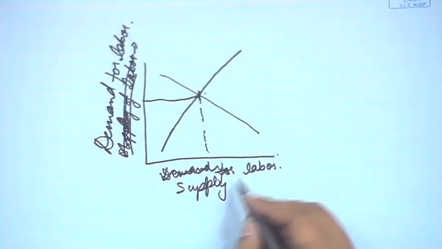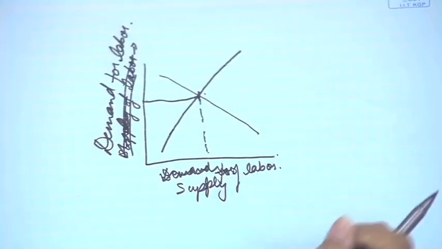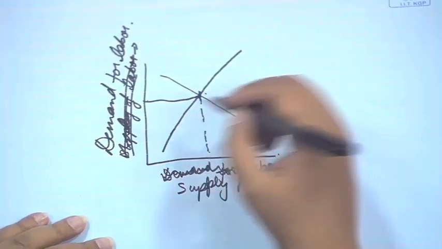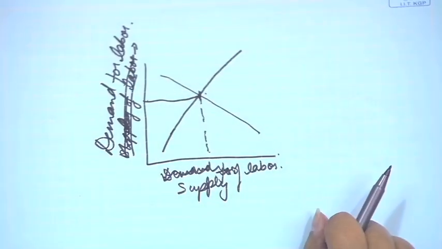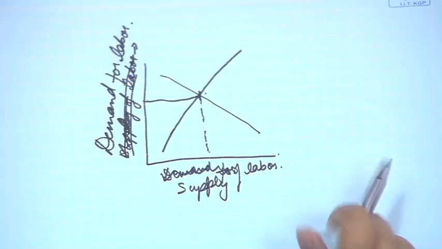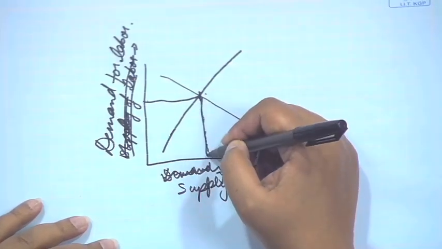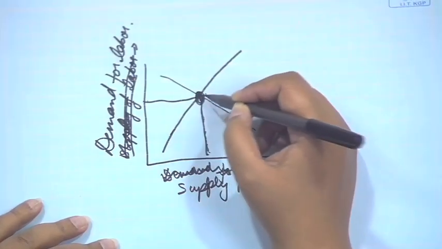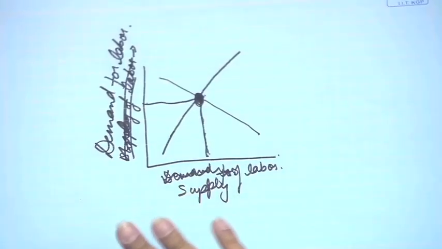So, as the supply of labor increases, the demand for labor goes down. And this is the point at which they balance out,